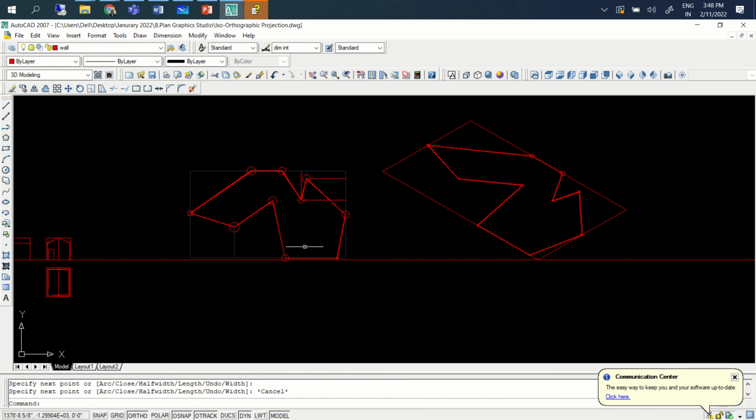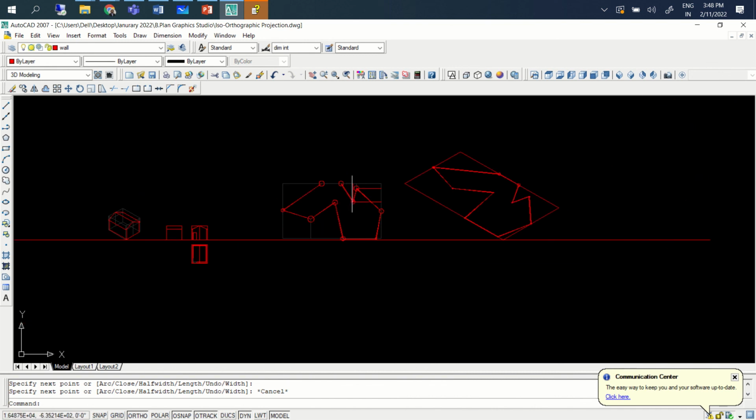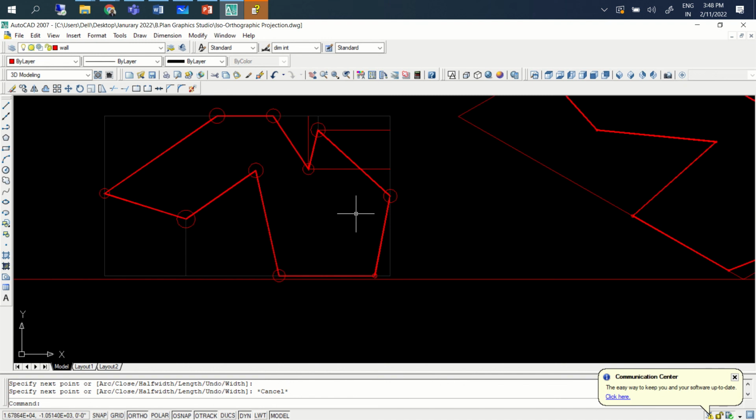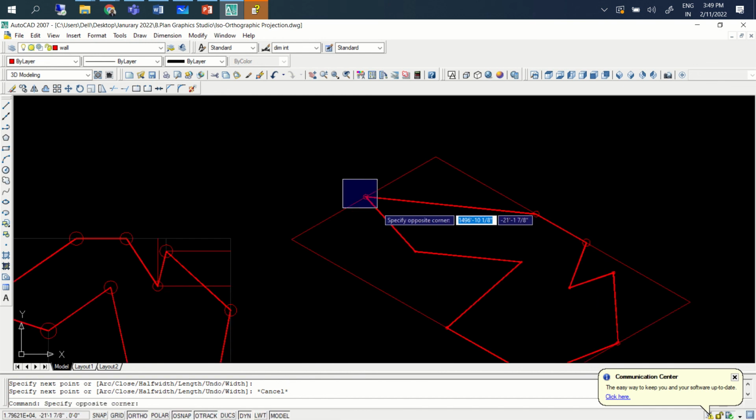Okay, so you can see if you have distorted shapes, if it is not an orthogonal shape, you can see how the shape of the actual drawing changes. So ideally that's why we go for more orthogonal drawings than these kind of drawings. Why I am trying to show this is we can do any drawing. It's not that we will not be able to do. It's possible to do